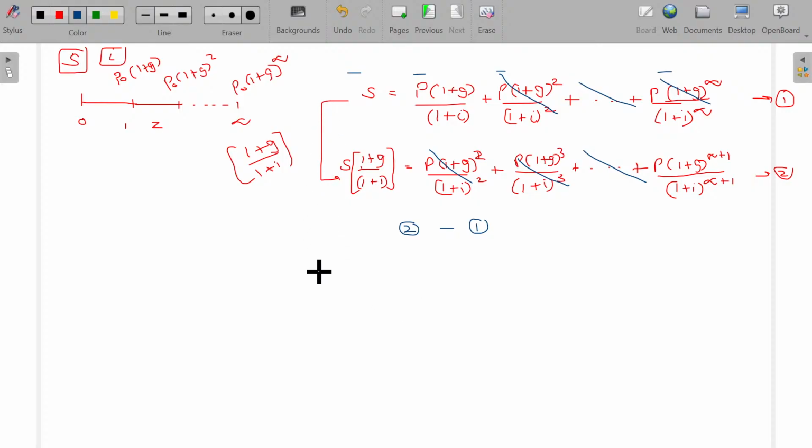So the final answer: I can multiply that S inside. Is that okay? If I multiply S inside, S plus Sg divided by 1 plus i minus S is equal to